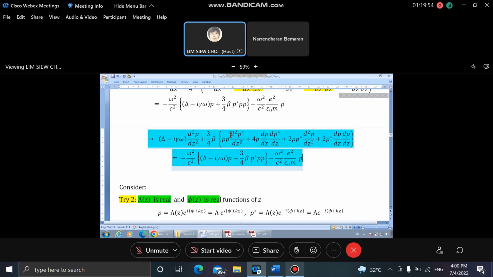We have this d2P star and so on. You might want to ask why we don't delete the d2P over dz squared directly here. Cannot. You must work it out in the full form of P. So the full form of P is like this. I mean the full form of the z dependence of P is like this. You work it out, you substitute into this